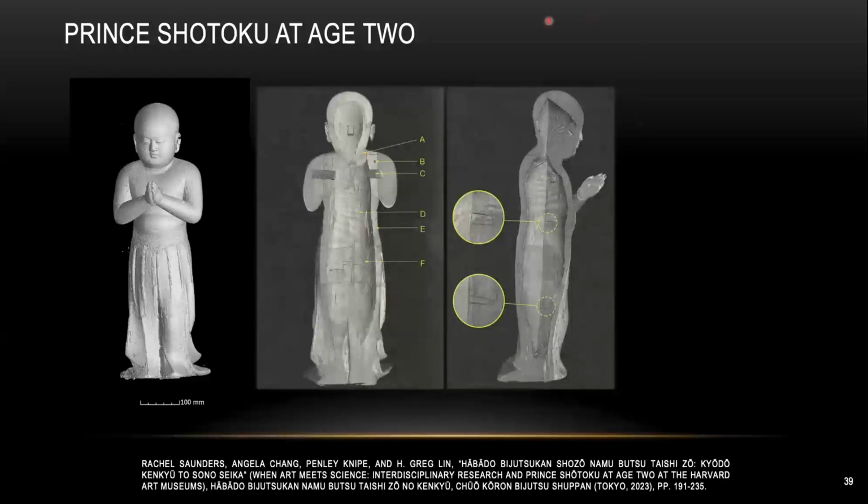You can see they put 2 wood pins right here. The 2 arms were actually made separately, and they used the wood pins to join the arms and the main body. And if you cut in the sagittal plane here, you can see we find 2 smaller ridges in these 2 locations. The history of this sculpture is that in the early 20th century, somebody from the Museum of Fine Arts in Boston tried to open up this sculpture and take out all those 70 objects inside. But they didn't make any record of how they opened up the sculpture from the bottom.